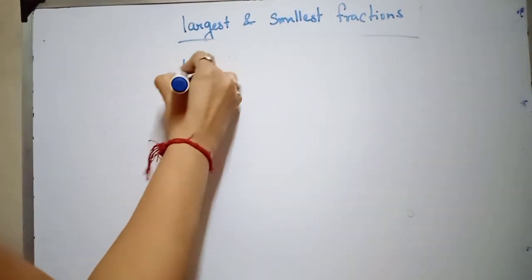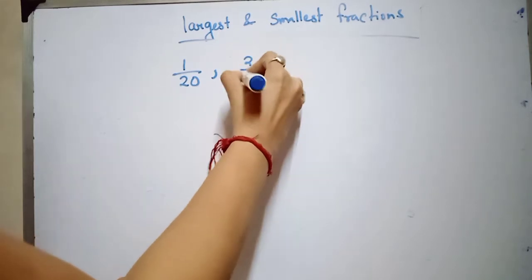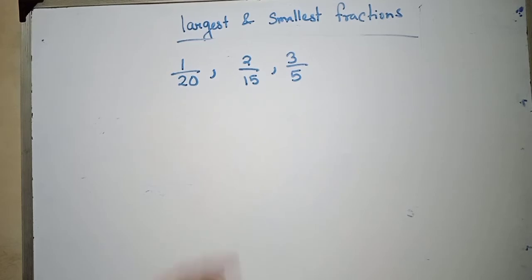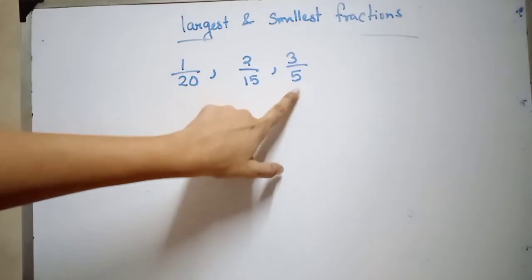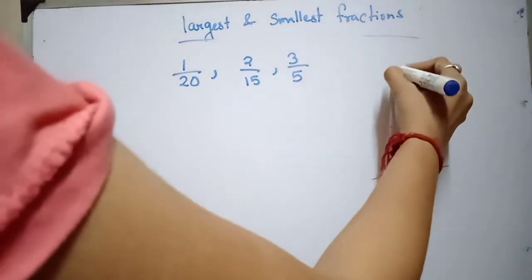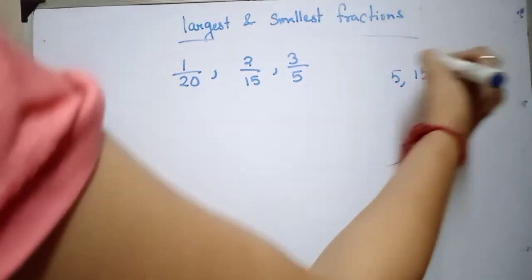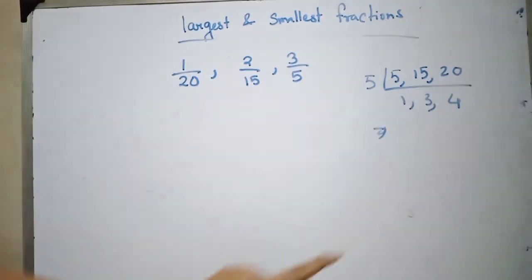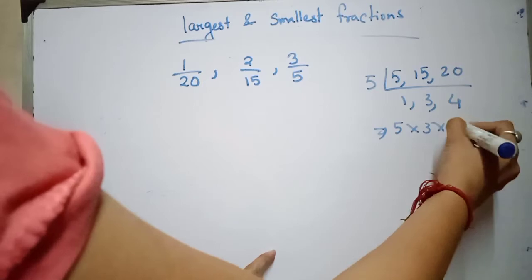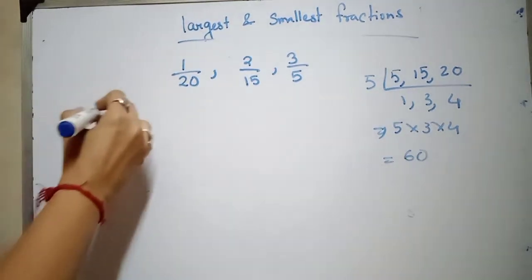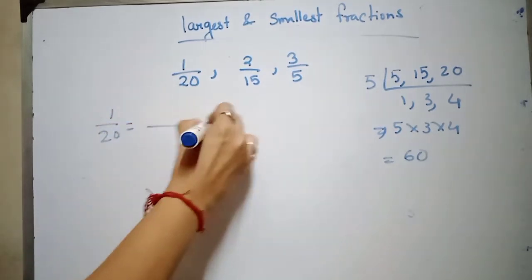Here I am taking this number. Here I can see that with 20, 15 and 5, 5 can divide 15 and it can divide 20 also, but we will use the LCM method because that will be easier. So the LCM of 5, 3 and 4: we will simply multiply them and we will get 60. 60 is our LCM. So what do we have to make? We have to make the denominator of each